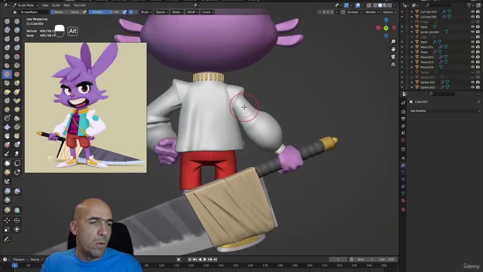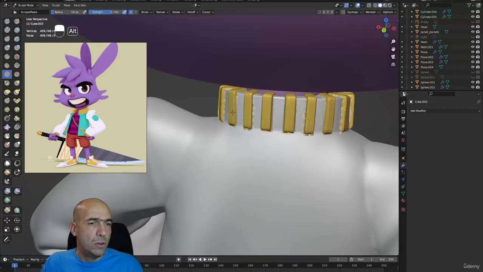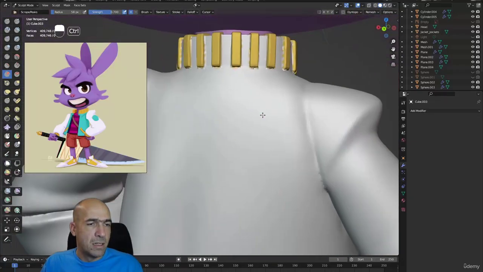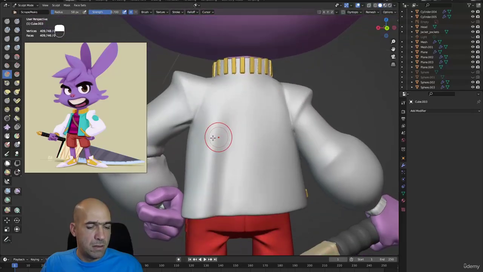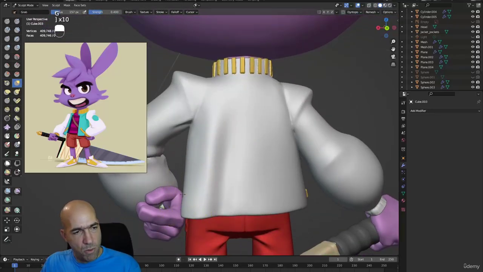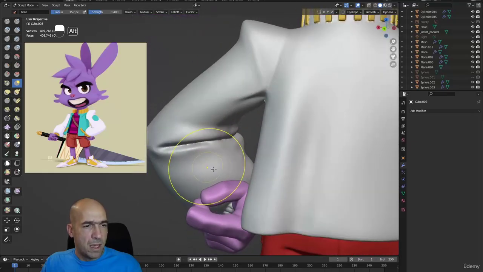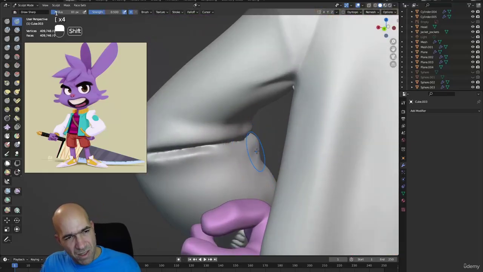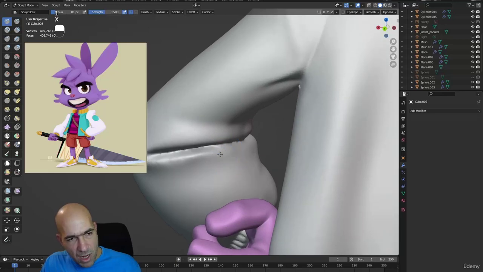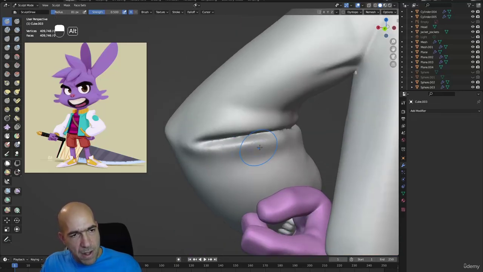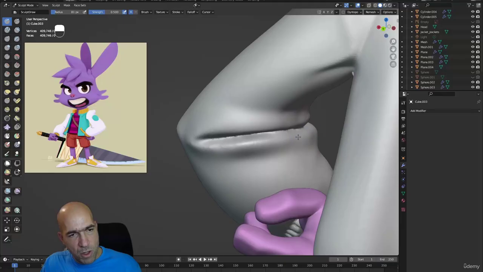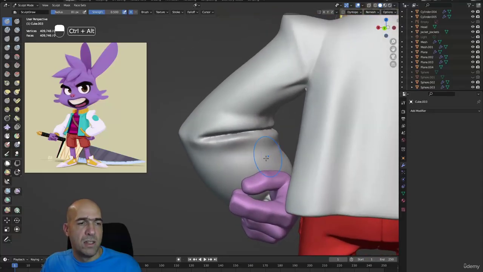And now what I want to do is mask the area that should be... yeah, let me just move this a little bit because I don't like it. Push this in. Yeah, from the back it looks relatively fine. Here we have some wrinkles or crumples or whatever, which I don't like. And now I will go with my brush, which is the draw brush, just the normal draw brush. I will push, I will smooth, I'll push again in some areas, smooth again,